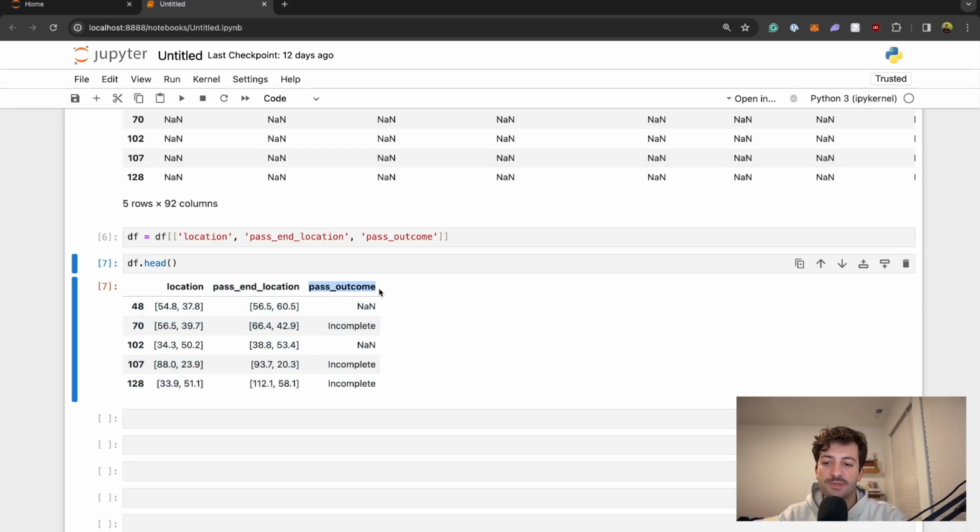And the way that StatsBomb works is if this value is null, that means it was successful. If it is not null, it will tell you what the outcome was. If it wasn't successful, it'll say incomplete, it'll say out of bounds, it'll say whatever it is, right? So let's go ahead and we'll clean up these columns and we'll create new columns that we can work with